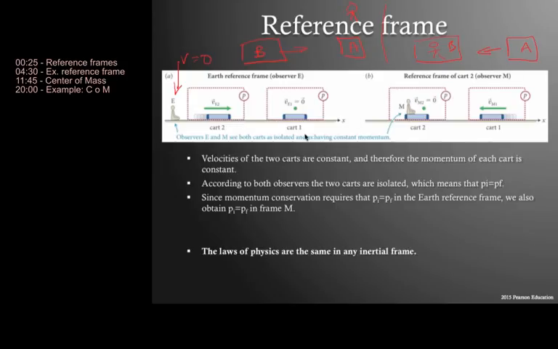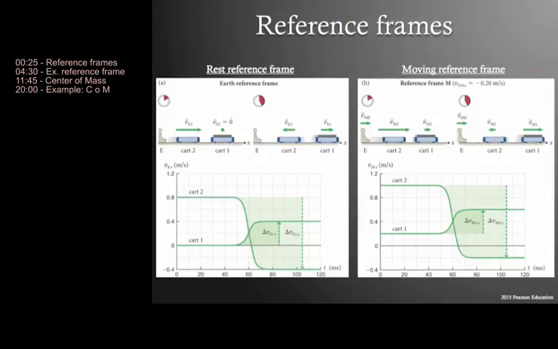And what should be the case is that the laws of physics shouldn't change depending on where you observe what's going on here. It doesn't matter if you're a stationary observer or a moving observer, physics stays the same. So let's consider this case a little bit more in detail. So here we had what was going on in the collision. We had our initial velocity of car 2, car 1 was at rest. This is what we observed.